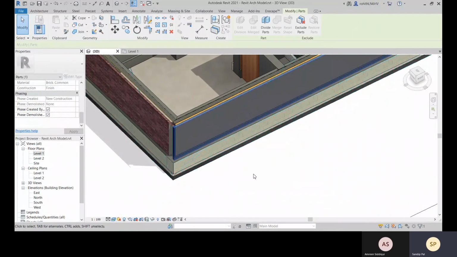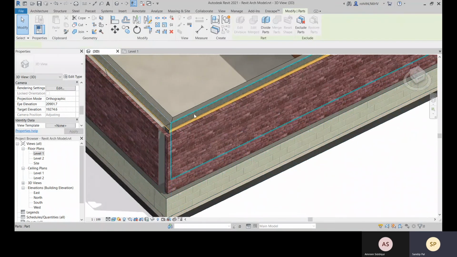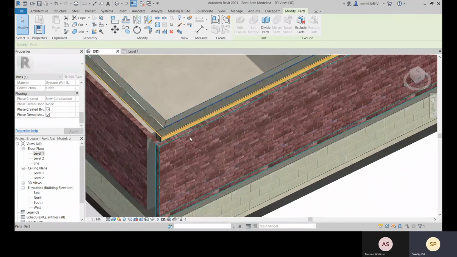So you see, this is one brick material, and select this, this is your gypsum wallboard.